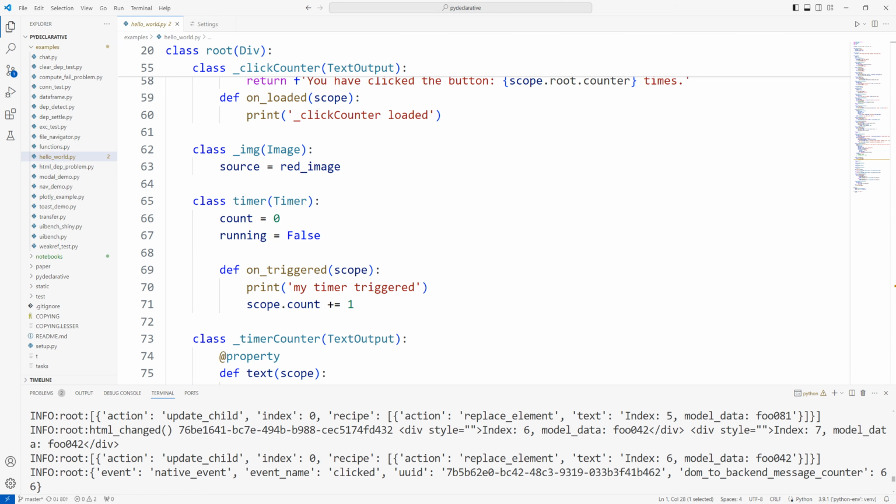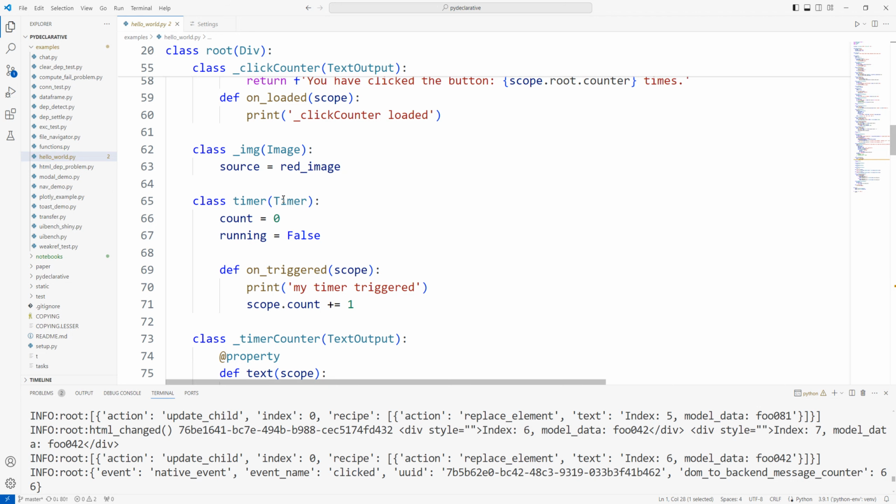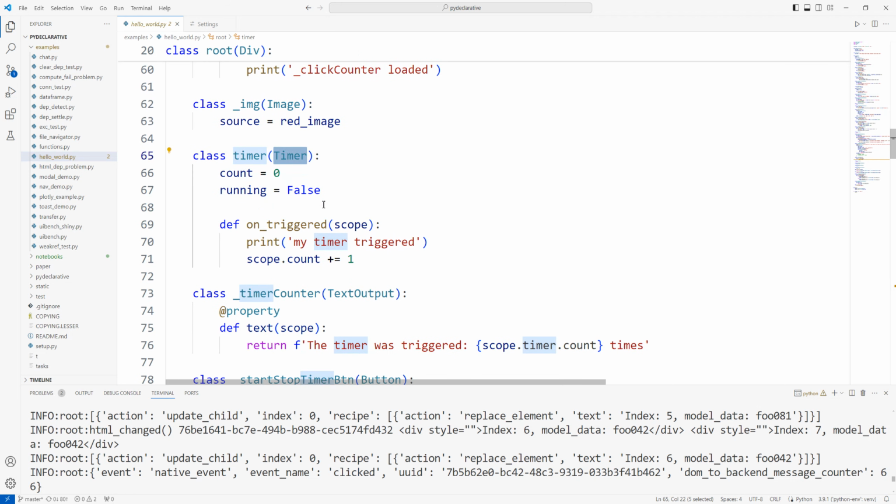I will just briefly go back to the application to remind you what we are talking about, right? So we went through this input field, the counter button, the add and remove item buttons, and the image, right? And now we go to the timer component, and the instance of the timer component will also have a counter, and